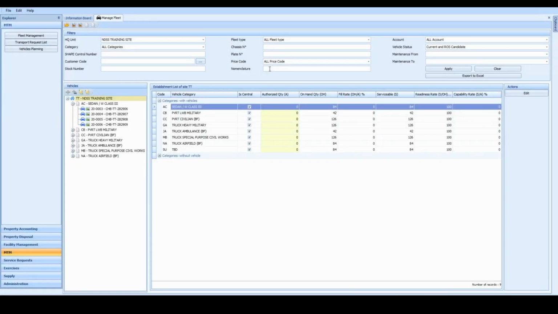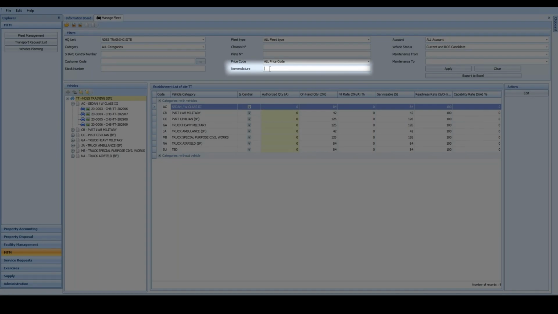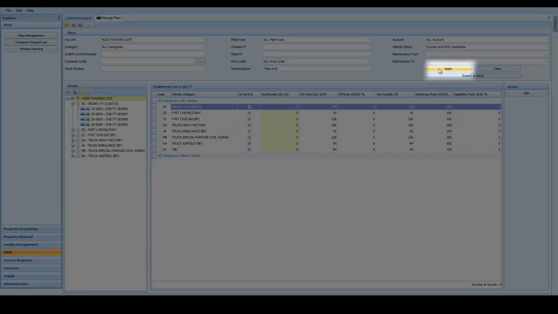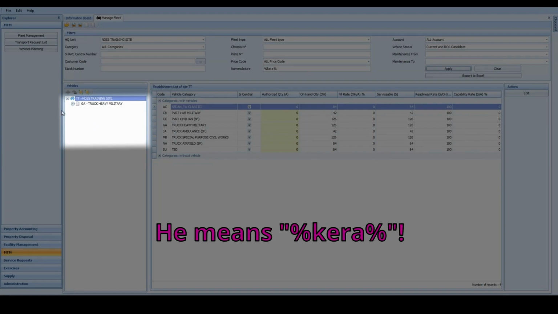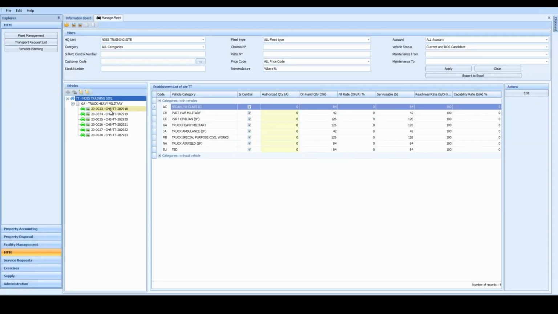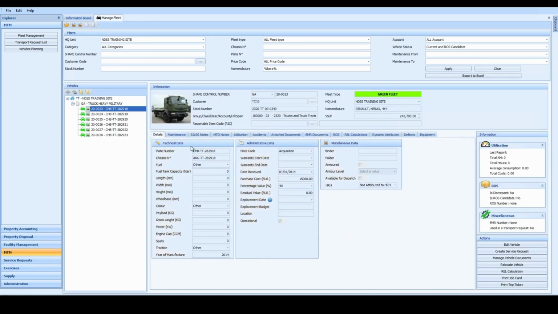For example, if I want to filter on description or nomenclature, I will put wildcard, for example, Kerax and wildcard. I apply, and you will see that my left screen here will only show me the vehicles that are available with the description Kerax inside. Okay, so if you click on one of the stock numbers or license plates here, you will see that the screen will change, and now you will see in the description